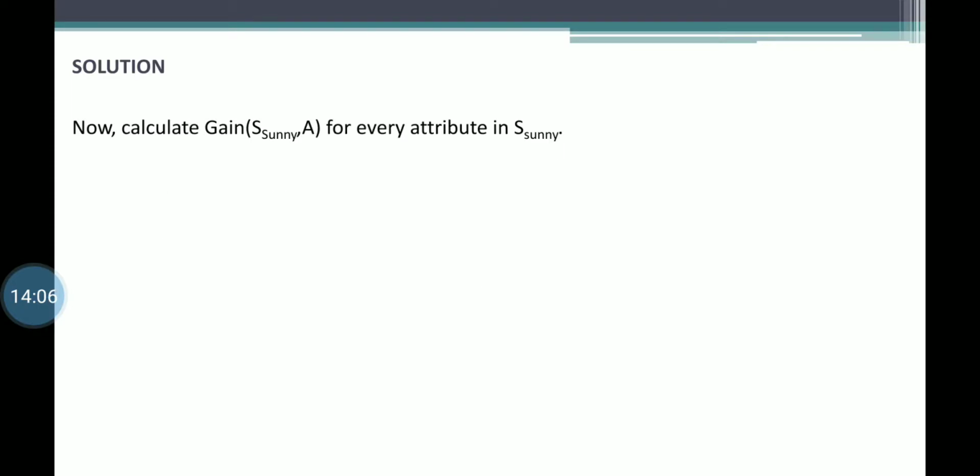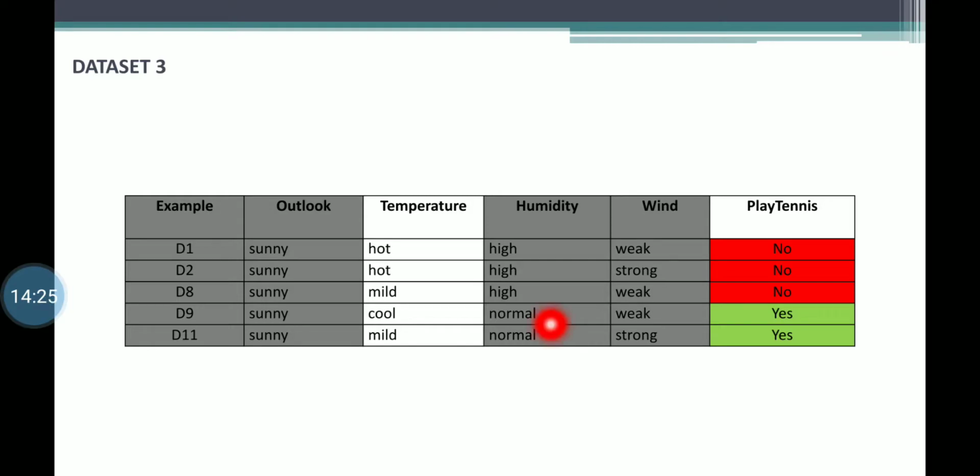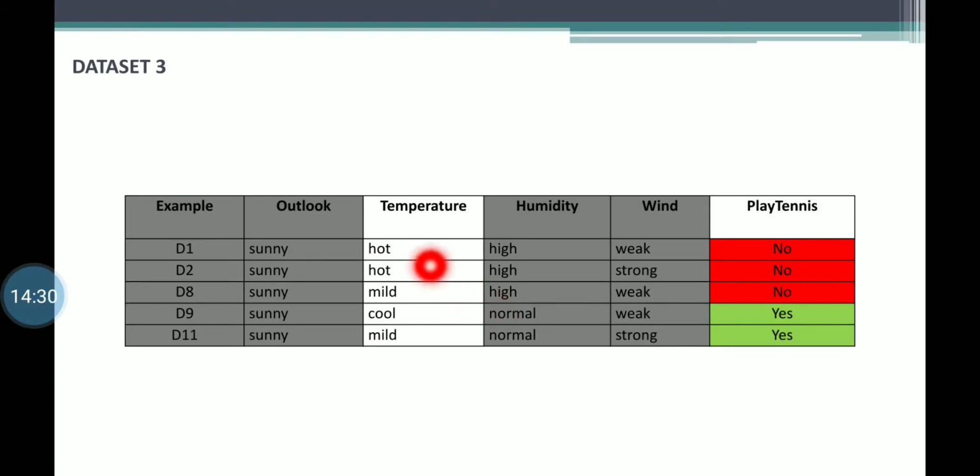So now with reference to this, again we follow the same procedure. We are going to calculate the gain of every attribute, but with the 5 row data set. So first one is temperature. So we are going to check with the temperature. Temperature is having hot, mild and cool as the value. So with respect to this, we will check out how many positives and how many negatives are there. So in this case, wherever it is hot, it is no, and again hot it is no, right? So both are negative samples. Next, for mild one sample is no, and for mild one sample is yes. Next, for cool it is yes.